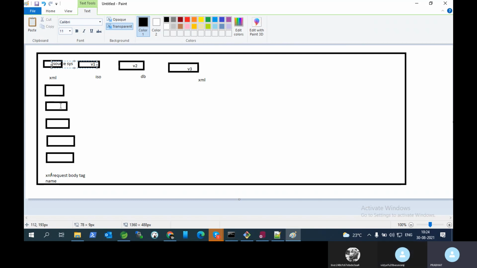So suppose in the body they have five tags. Because our source system is XML, we first have to display these five tags from the translation screen that we saved. We already saved them in the translation screen, so we have the data in the DB, and we will display those five tags here.